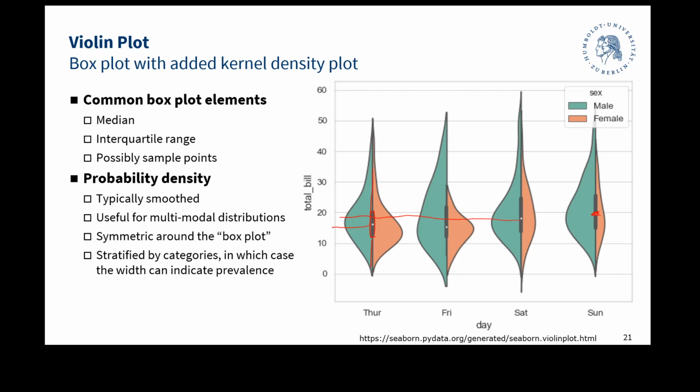It could be symmetric, so you will see versions of the violin plot where the right-hand side and the left-hand side of each individual violin are equivalent, which is the case when you don't group. But this is already the more complicated version where we can also group. For example, gender-wise, you have this gender grouping here, and you see how the total billing per weekday distributes in total. That you see from the box, but you also get information on how it distributes across males and females. So this is really interesting,